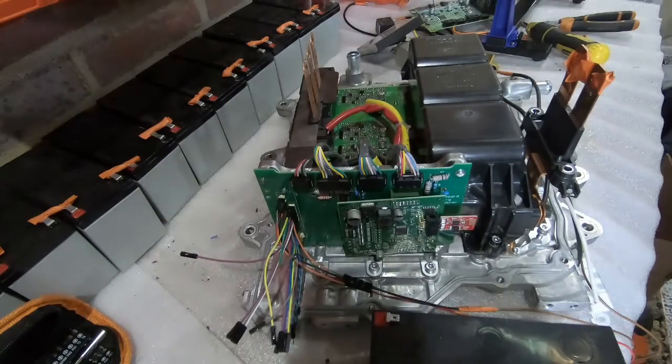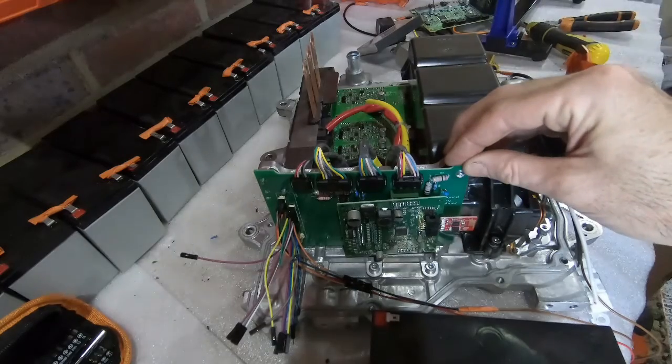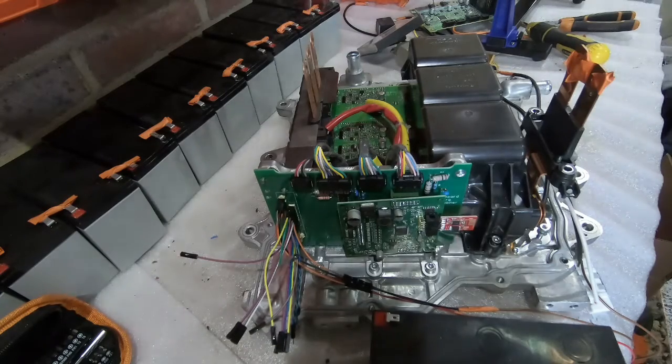Alright, so last time we got the adapter board built up, the logic board installed onto it, and then the combined adapter and logic board wired into the inverter. So now we're ready to, I guess, switch it on. As with most things we do on this project, I'm trying to take a sensible step-by-step iterative approach, working through things in a logical manner. So obviously first step is just going to be make sure that we can still switch this on. It worked on the bench, hopefully it'll work in the inverter,